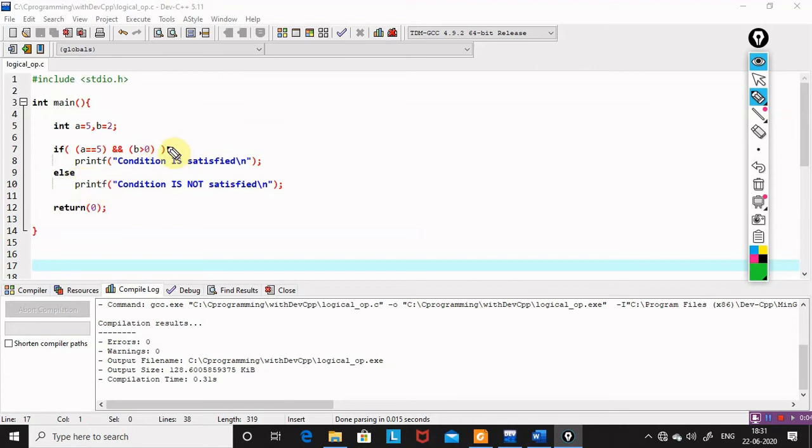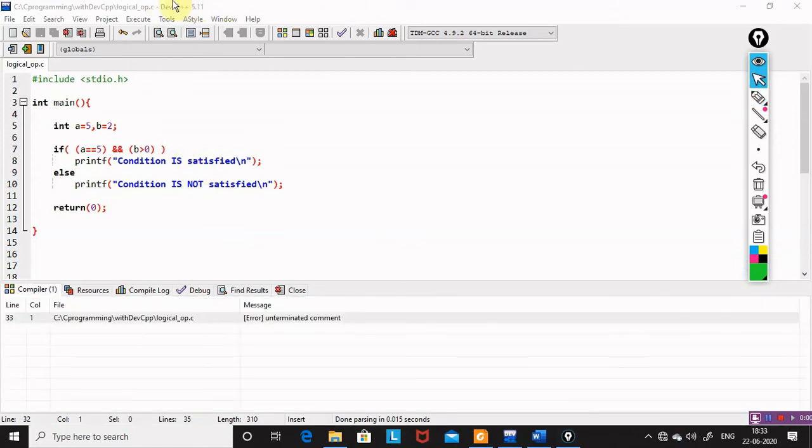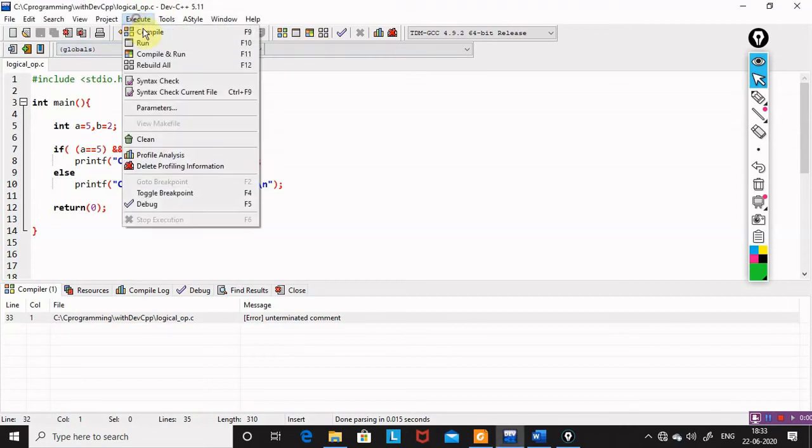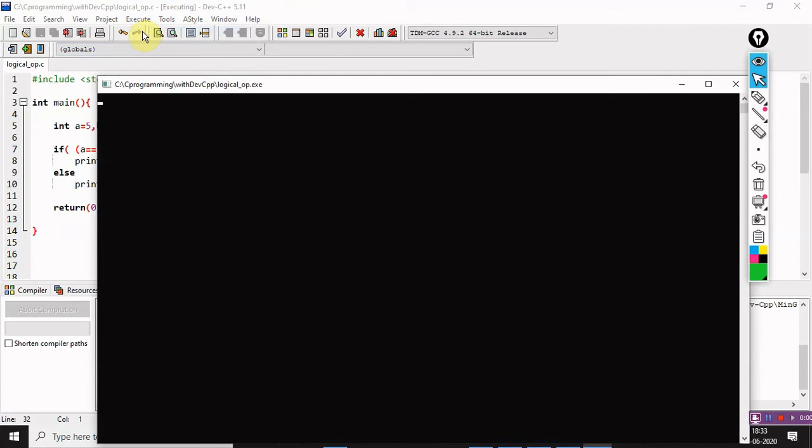Now I could have used braces to demarcate the scope of if and else, but since there is only one line for the if condition, and again there is one line following the else condition, I have omitted the braces. Compile it